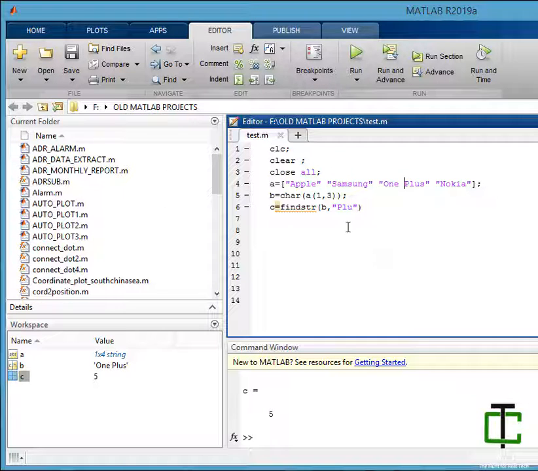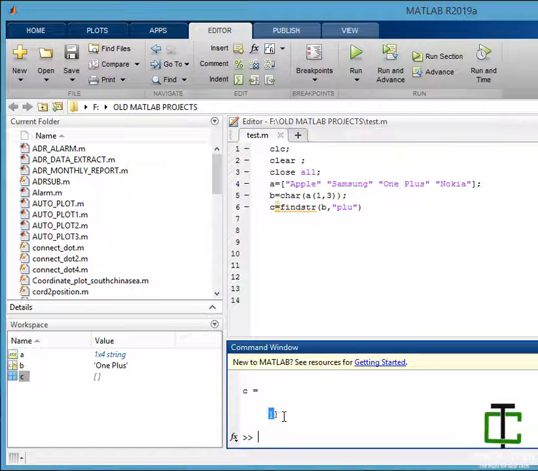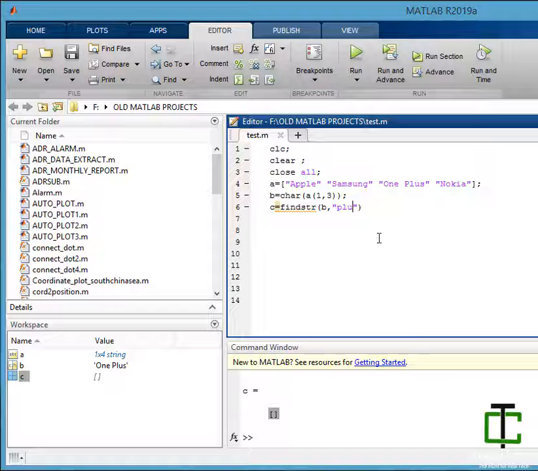Okay, it's also case sensitive. I can find small plu inside 1 plus. No, it's giving you an empty matrix. But I can also, let's say here is E, search a character inside a string.